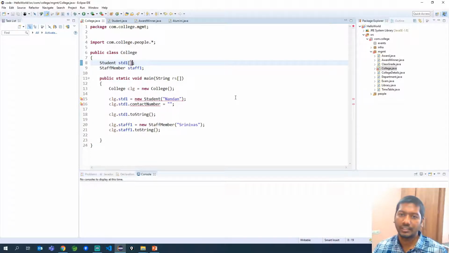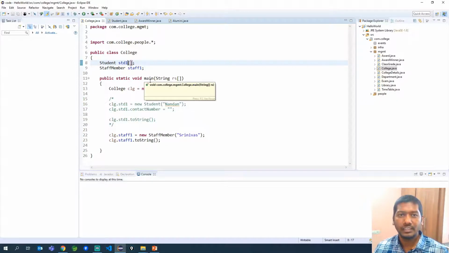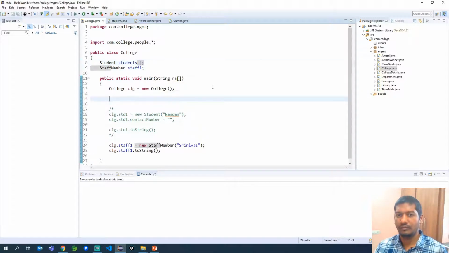So this is how you can represent a particular object as an array, which means it can hold more than one student object here. We will see how we can initialize the number of students, and then how do we create objects for all of these, and then assign values to each of these students. Once we change a normal object to an array of objects, you will see that there will be some compilation errors. For now we will get rid of this, and I'm also changing the variable name to students. Now we have declared that students is an array of objects of type student.